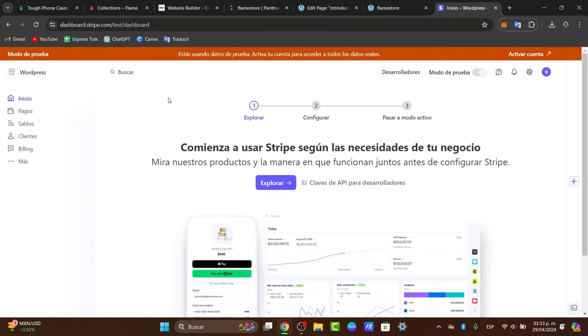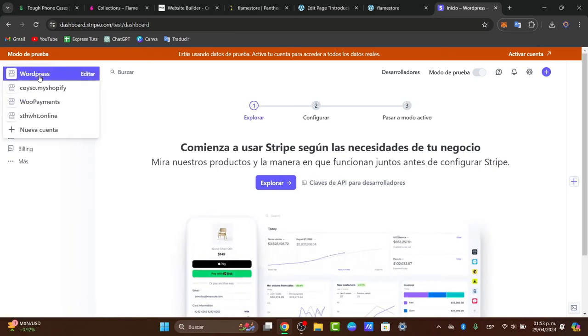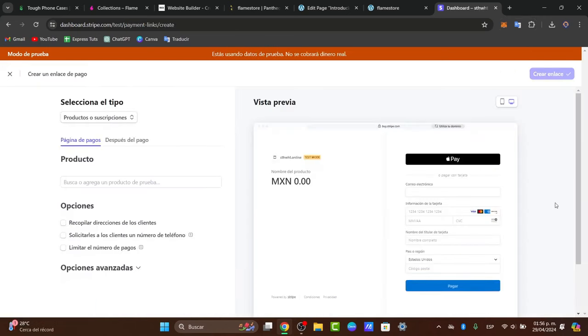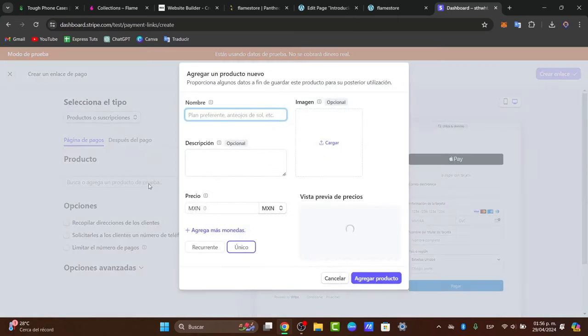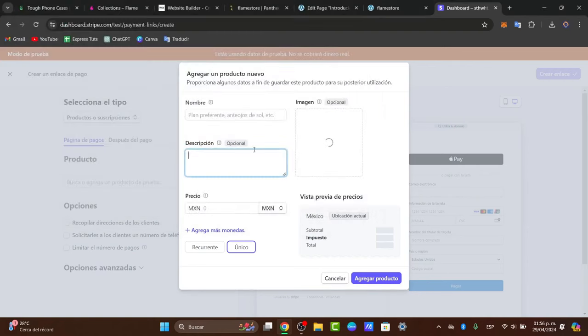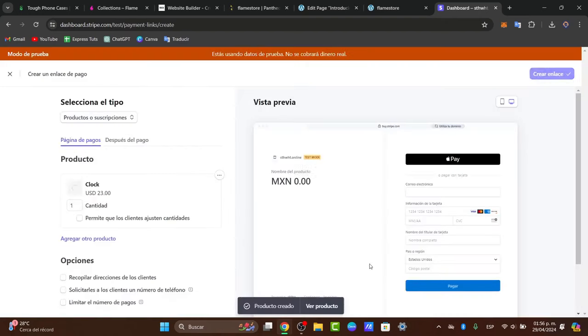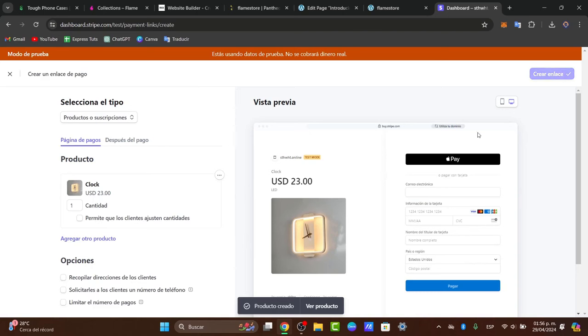Stripe. Here into Stripe, let's go for payments, and create an actual new link of an actual product. So what I can do here is create an actual product, and I choose a new product, and I have the name. I can add the image, I can add a description, and here you can add a price in USD, let's say for example 23, and only, let's say, unique, and add the product. And I can see that we have now this product added into our actual new element of